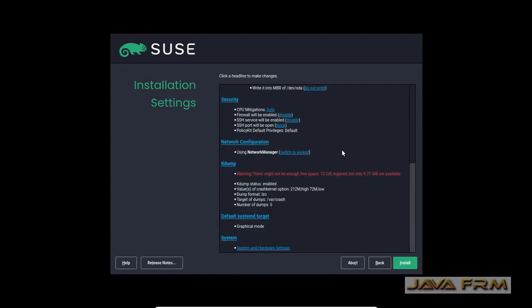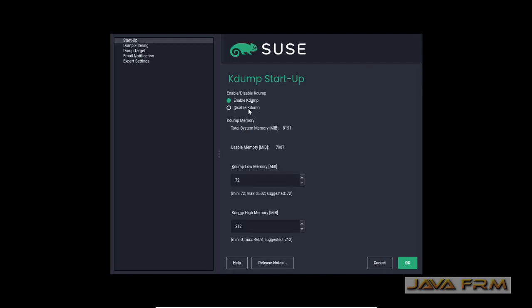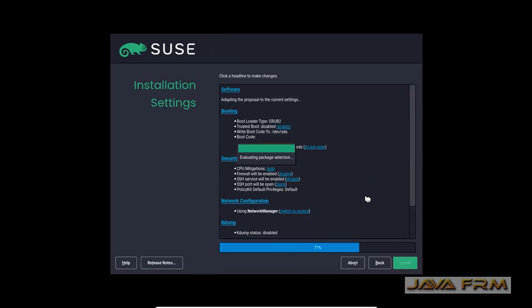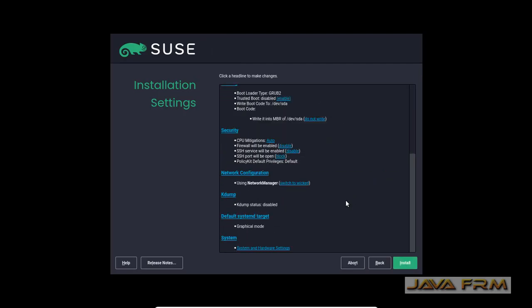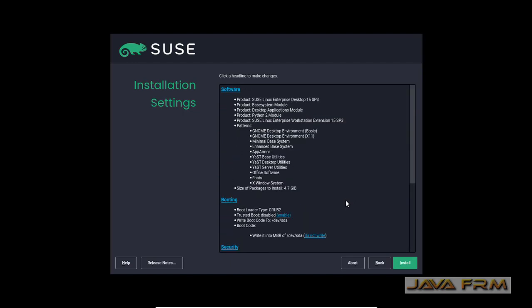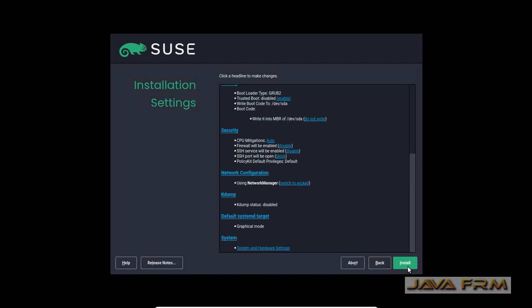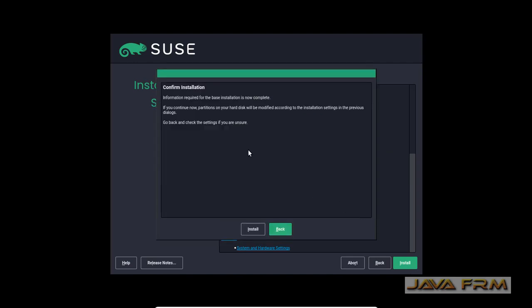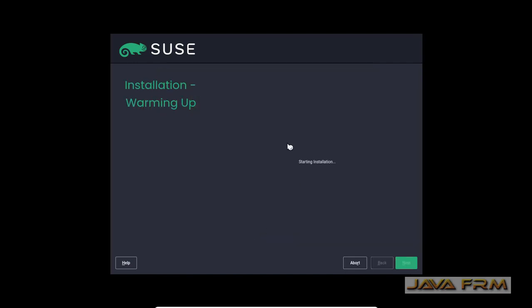If you don't need kdump, you can disable it. I am going to disable kdump now. I don't want kdump. Yes, everything is fine now. Review the installation settings. Yes, click install. The installation has started now.